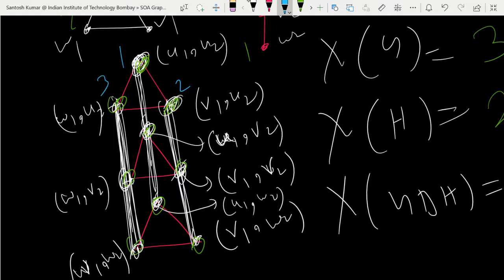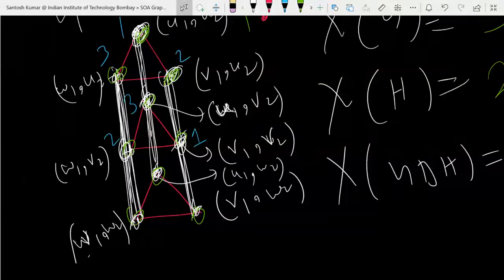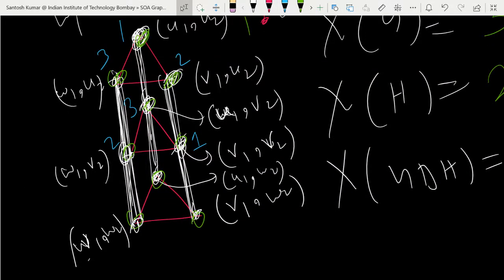1, 2, 3. Then here 3 is joined. So you take 2, 1, 3. Oh, sorry. 2, 1, 3 will not work. So 2, 3, 1. Make it like this. Okay. Here I am making 3. Fine. So 2, 3, 1. So 2, 3, 1. Okay. So make sure adjacent vertices have different colors. And then you can take 2, 1, and 3. Okay.